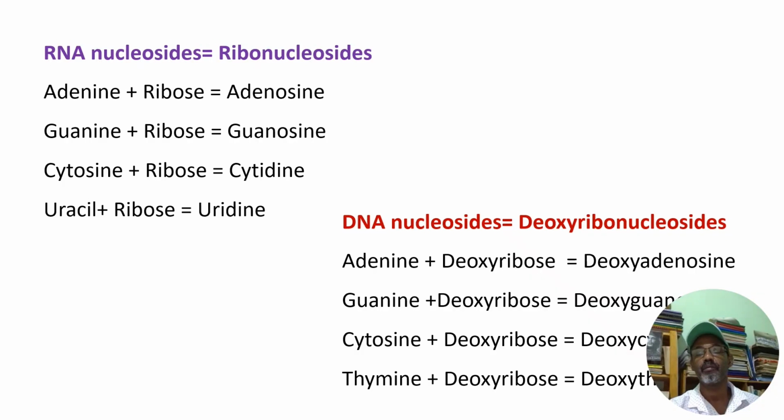Guanine plus deoxyribose, deoxyguanosine. Cytosine plus deoxyribose, deoxycytidine. Thymine plus deoxyribose, deoxythymidine. I'm sorry for not being seen here, blocking my image. Anyway, you can write it, deoxycytidine. Thymidine, deoxythymidine, and last,